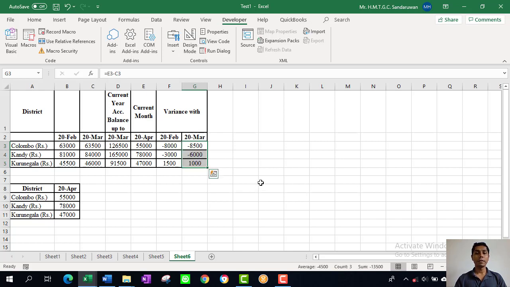Okay, now assume that, just look at how many steps were performed. So these steps have to be performed over again and again, right? So it will be a time-consuming task, and even we might make mistakes. So we can ask the macro recorder to record these steps, and whenever we get the new data, say May data,